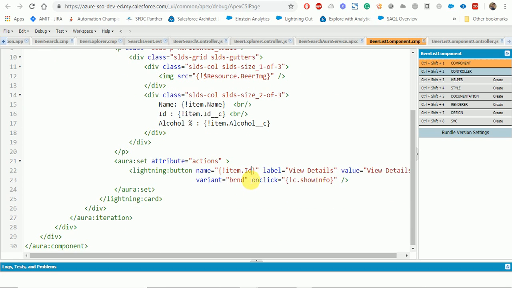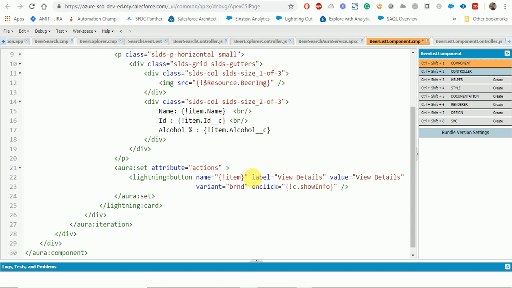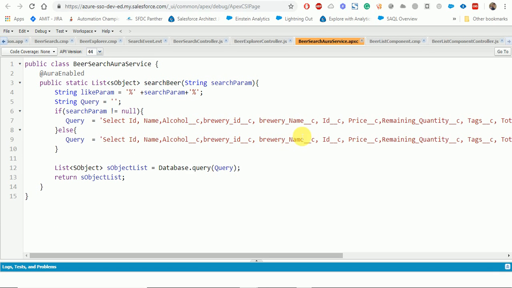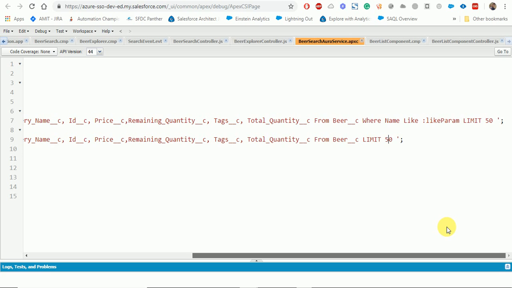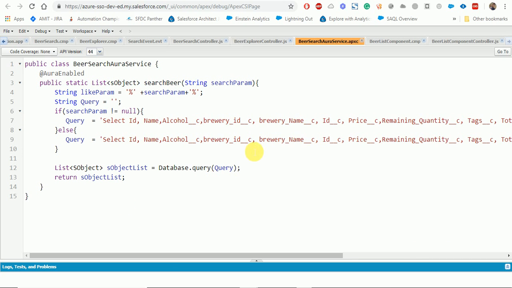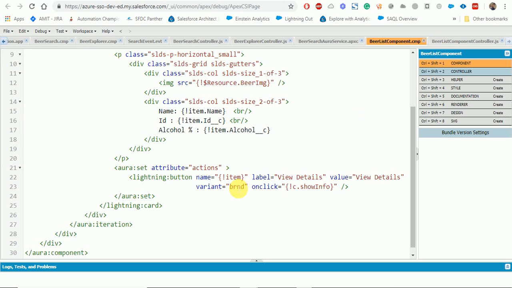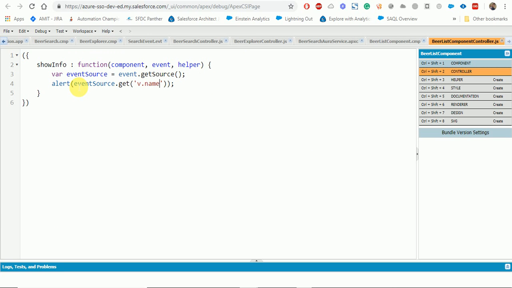Create, let me show you and let me try if you are able to get the complete beer detail here, because we are querying all the values, all the details, all the fields that we wanted to show, that we wanted to see, that we wanted to display. So what we'll do, we are passing the complete beer object over here. So now instead of alert, what we'll do,